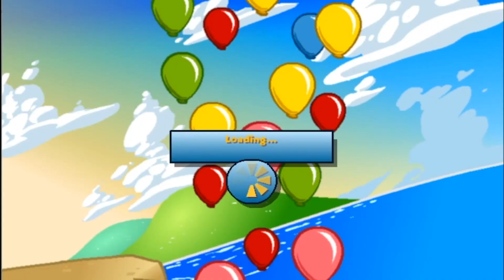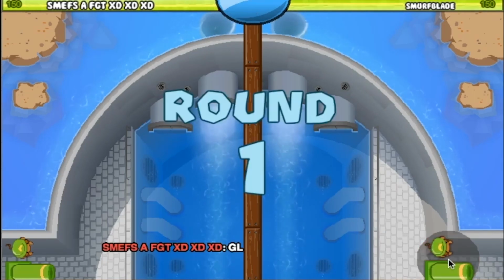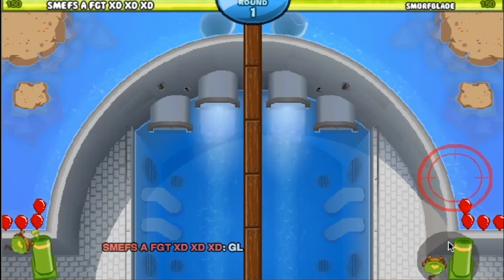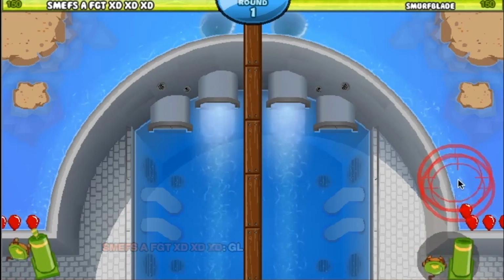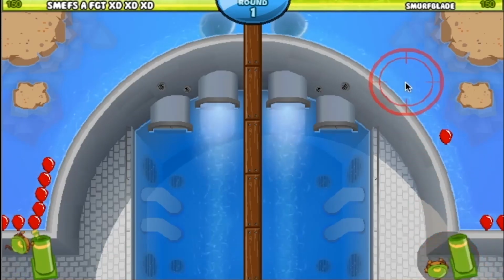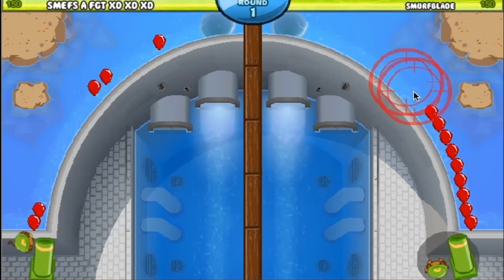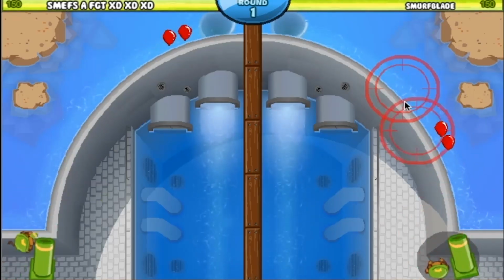Getting into the third game, what's it going to be? Hydro Dam, with Alice on the left side and Smurfblade on the right side. Very interesting map. Both players start off with these mortars, which means that they are both probably going to farm. Smurf is doing some random trick shots, going to snipe that one single red balloon just for the intensity of leaking,